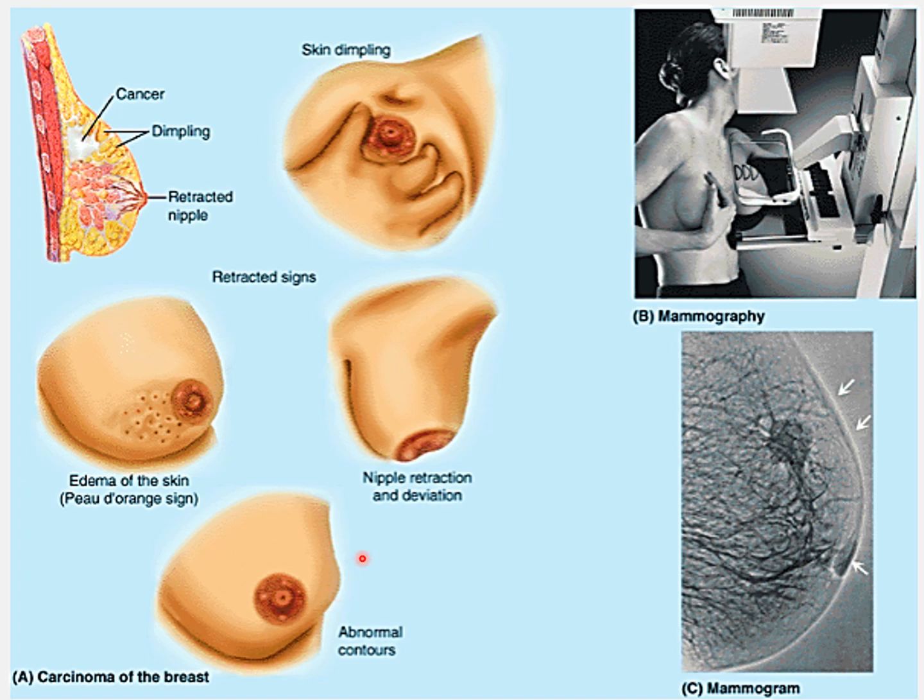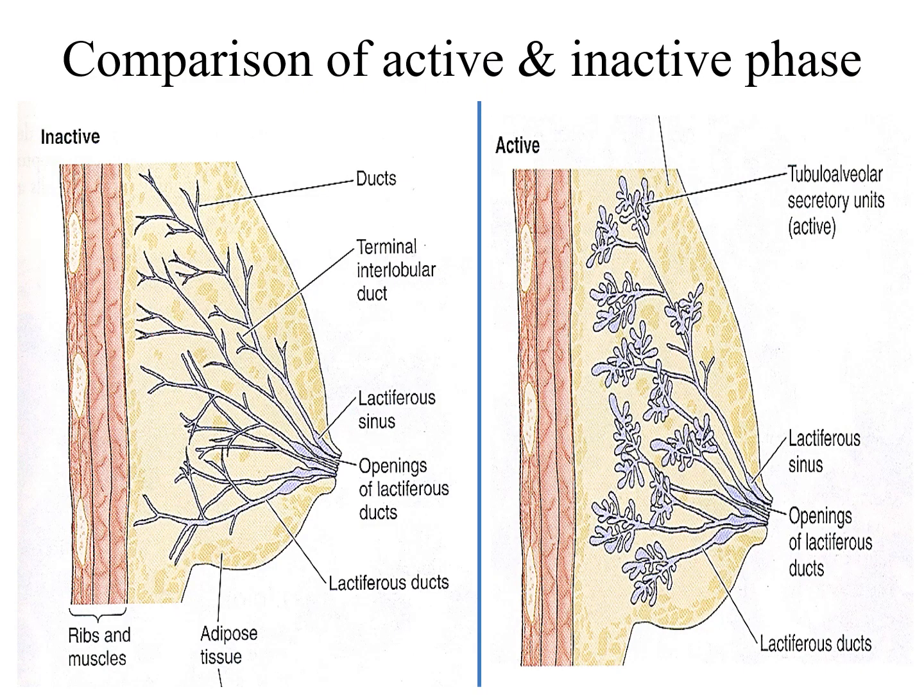So these are the different signs of breast carcinoma. There will be skin dimpling, there will be small pits on the skin appearing because of the edema of the skin, giving the peau d'orange appearance. Nipples will be retracted and there will be an abnormal contour of the breast, and this is diagnosed by the process known as mammography. And the final type of cancer as well as its staging will be done by biopsy. So you will study this in detail in histology.